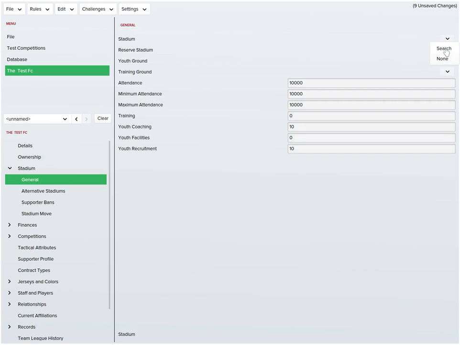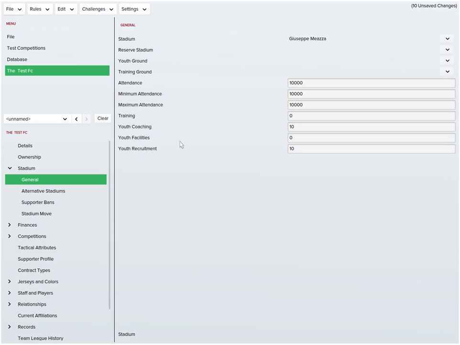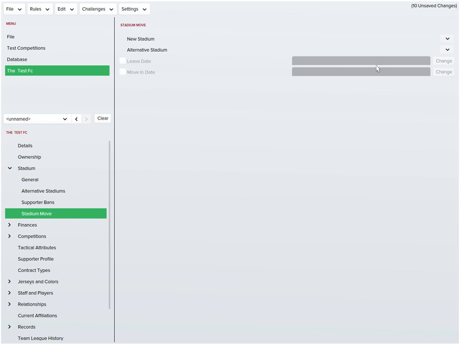Then, if you want to add a stadium to your club, you can add an existing one, as I'm going to add here. It's your choice to use as ground, reserve stadium, training ground, etc. Then you can put alternative stadiums, support band or stadium move. It's going to be your choice because you can actually pre-anticipate a new stadium. For example, I can put that my new stadium then will become